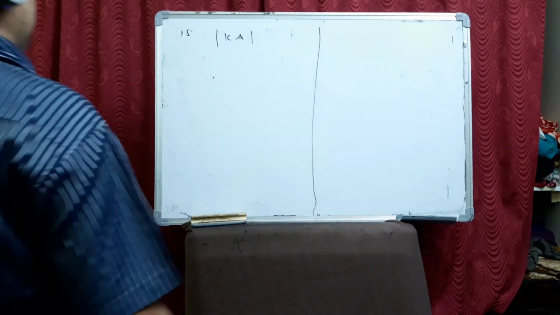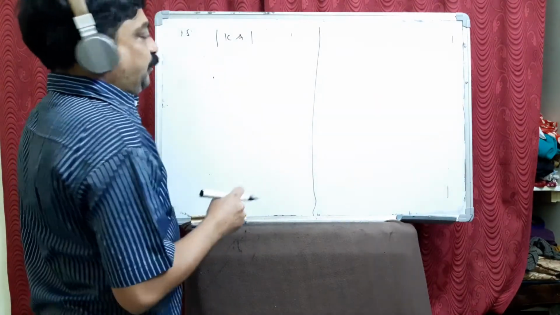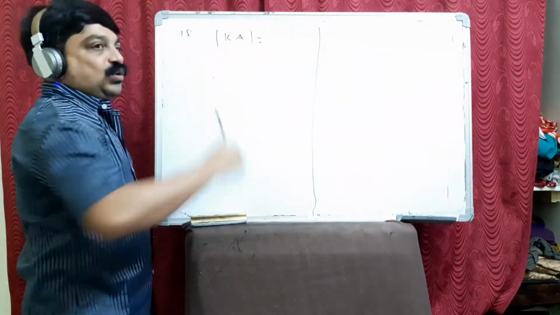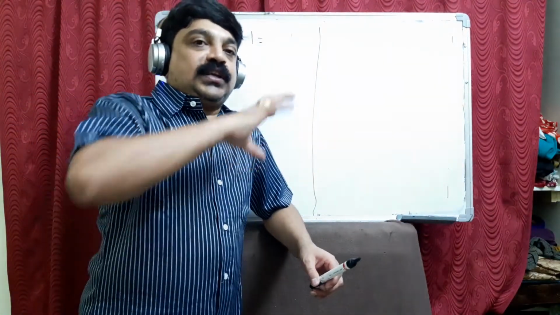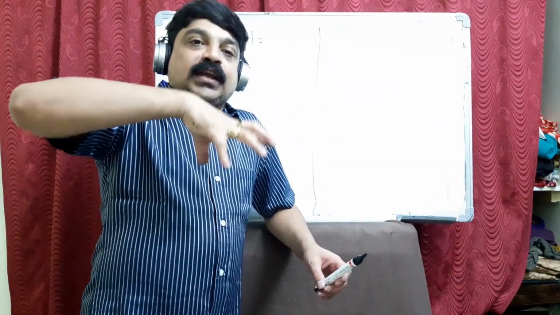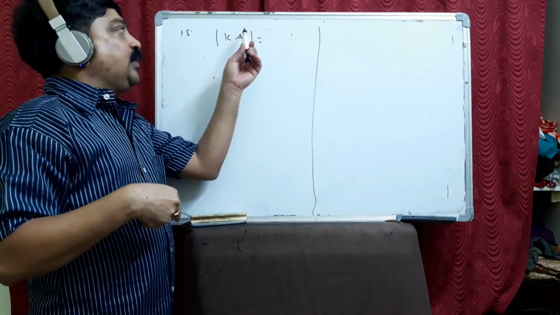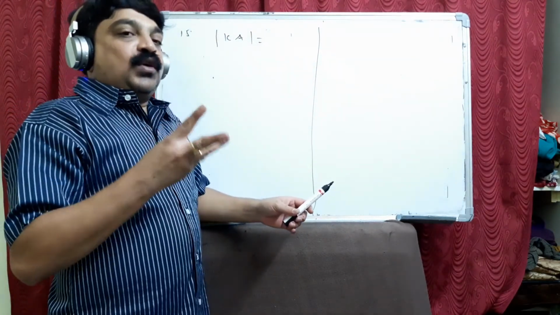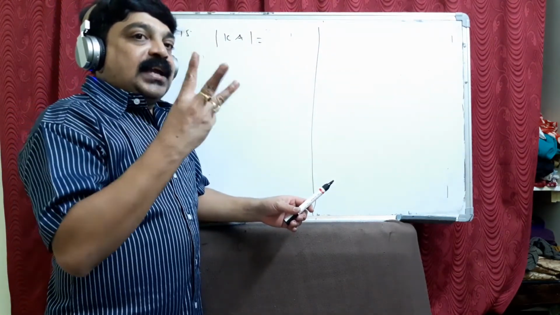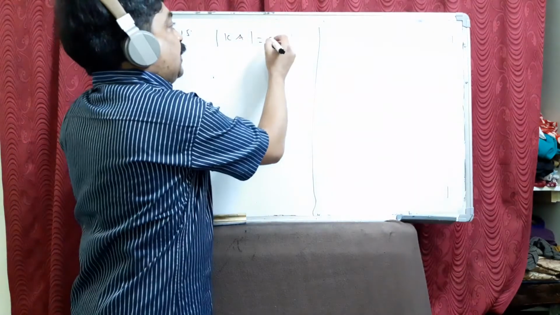See, determinant of K is a constant. 15th question. A is a matrix, KA. So what is the answer? I told you when you take a determinant, you are not supposed to take common from all the elements. You can take the common from each row. Suppose K is a common element from all the elements of a matrix and it has 3 rows and 3 columns. So how many times can K be taken? K can be taken from 3 rows. So K will come out 3 times.